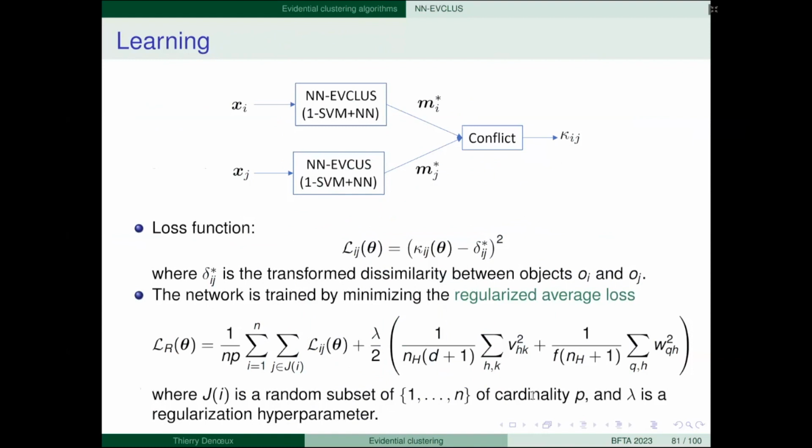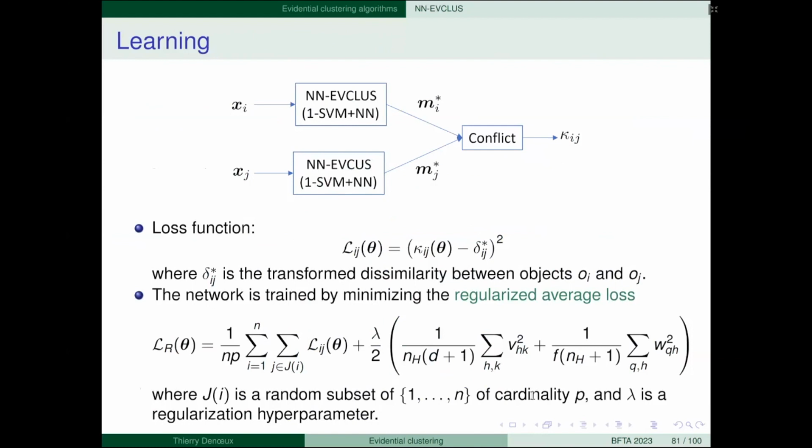Then how will you train this network? A training instance is a pair xi, xj, a pair of feature vectors. For xi, you can compute the mass function mi star with your neural network and one-class SVM. Xj gives you mj star, and you can compute the degree of conflict between the two.